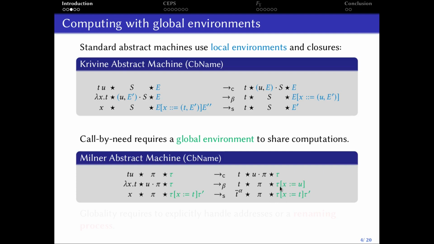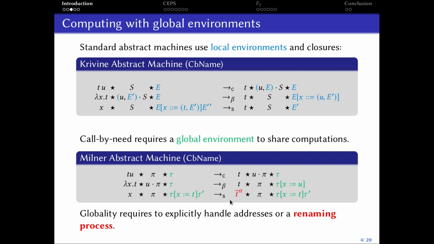And one difficulty is that when we have a global environment, we need to explicitly say how we address the issues related to names. So one solution is to say that each time that we get a term out of the environment, we have to get a fresh copy with fresh names, because otherwise we may be putting new terms into the store, into the environment, but if the variables that are going to be put afterwards are already present, we are going to have some name clashes potentially.